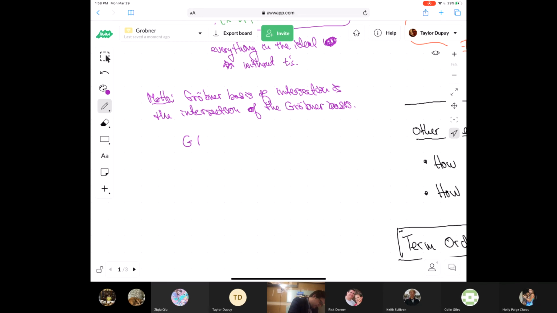G intersect k of x, y, z is a Gröbner basis for I intersect k of x, y, z,